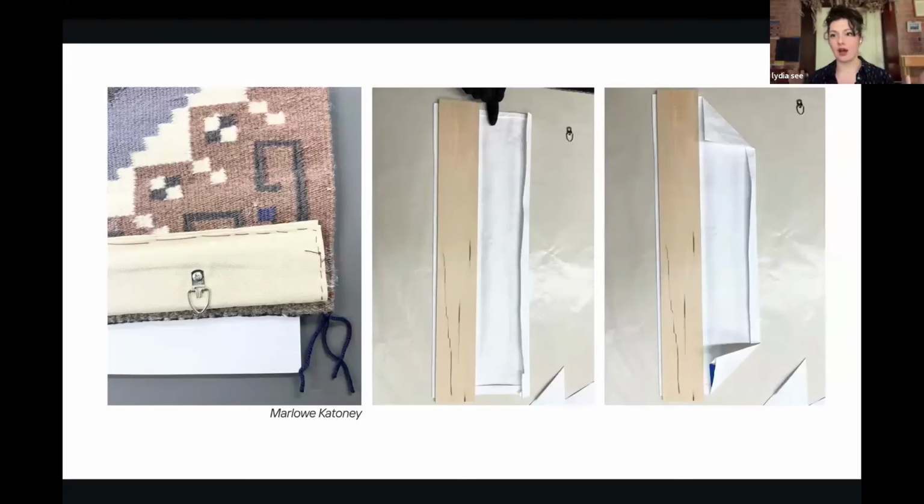And they also have different edges and stuff. And so we wanted to make sure we were hiding the mount, but also that it wasn't coming into contact with any hardware. But again, it had to be reversible because we had to get consent from all the collectors to attach the mount that we were using and then immediately remove it when we were done with the show and return the work. And so this is us just figuring out our dimensions and how we want to do it